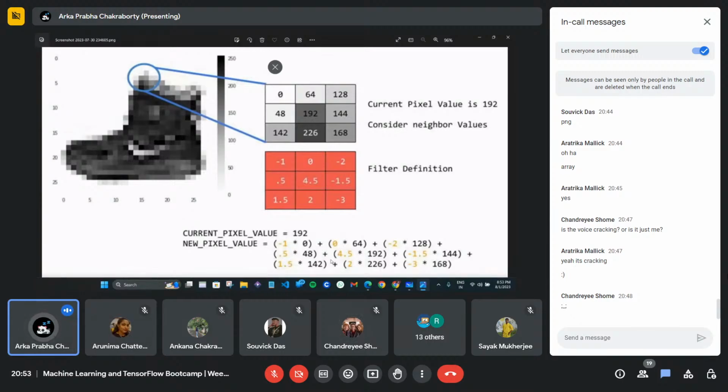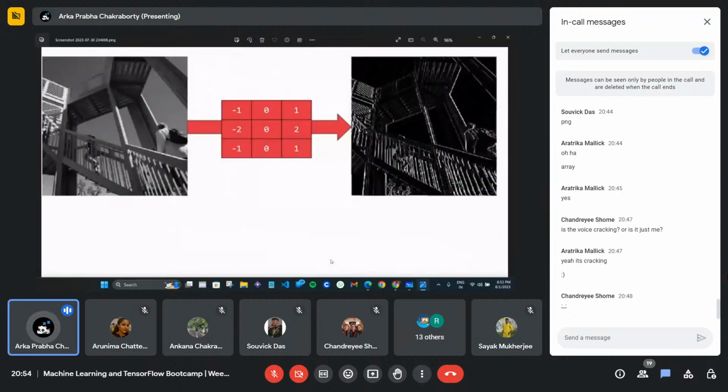No sorry, you will not choose this. See the input, you will see that the computer automatically applies some number of filters by itself, okay? And based on that output we will be getting this type of output, like this is just one example. There will be several types of filters applied and several types of output, right? This is called the convolution layer.